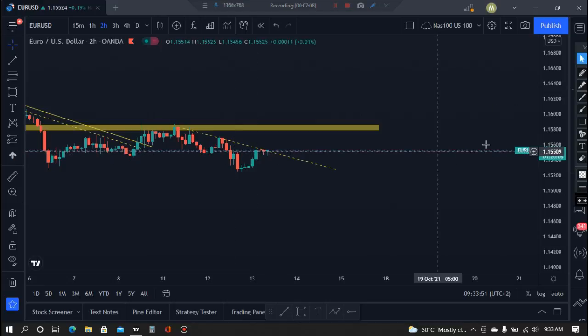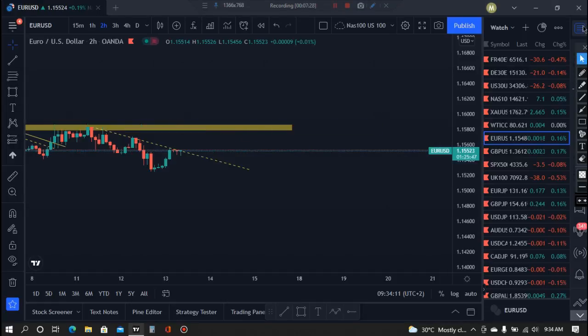Now you see that area that I was talking about, this seems to be a resistance, but just look at what is happening. The market is trying to break that. So it means our area actually is this one as a resistance. If that is broken, it's where we can say now it's time to buy. But at the moment, I see only sell positions. So let's go to the next one, which is